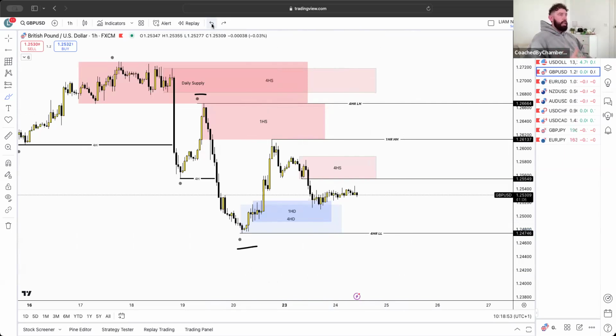So, of course, our predominant thoughts for me anyway should be sells. But again, you've got to play what you see. If you notice this, we haven't tapped into the deeper part. We still have some sort of imbalance that we could potentially come back into. But again, that's just for another time. We're not really interested in that.